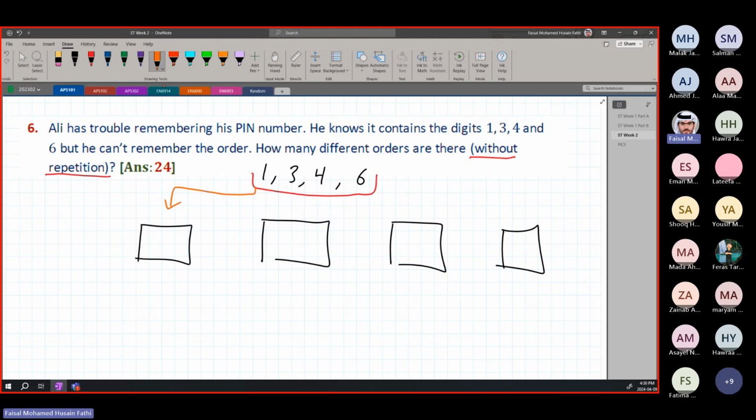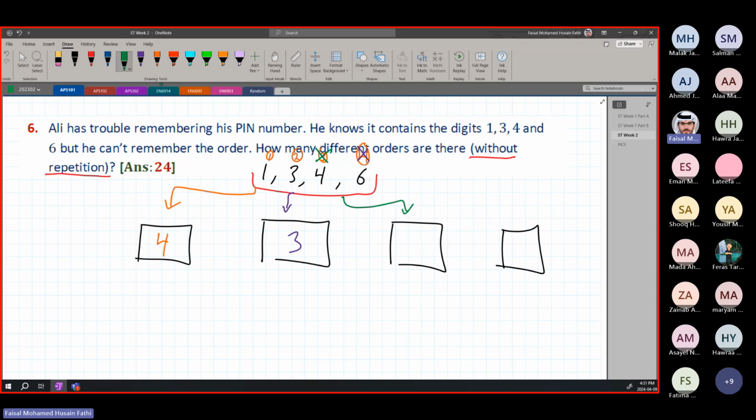All right? So how many options do we have in the first place? How many numbers do we have? We have 1, 2, 3, 4 numbers to choose from. So we have 4. Then, how many numbers are left if we choose, for example, the 1? We have 3. Okay, let's go in the opposite way, actually. It's better that way. So, we chose the 4th number. How many are left? We have 3 numbers left.